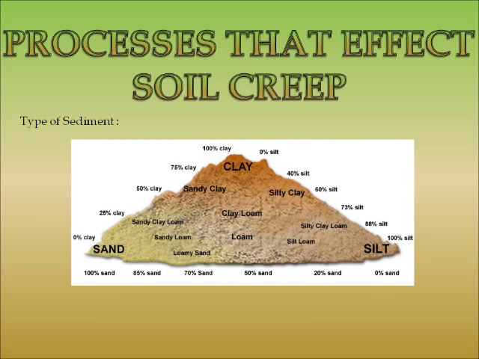Type of sediment. The type of soil is a major indicator of whether or not creep will occur. Different soils have different characteristics and are usually distinguished by their texture. The four most common types of soil are sand, loam, silt, and clay. Sandy soils are the finest type, with loose particles, whereas clay soil is the most compact and heavy and has good water retention. Therefore, this affects soil creep, as how tightly packed the particles are and a soil's ability to retain water are two characteristics which govern the rate of soil creep down a slope.